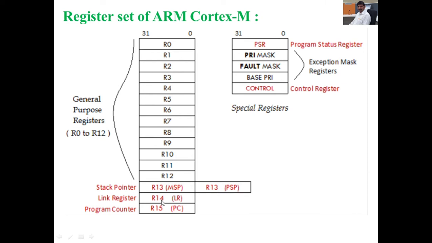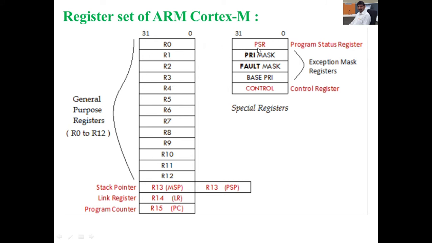Next, the link register is used to store the return address of function calls and subroutines. Next, the program counter is used to hold the next instruction to be executed. All these are 32-bit registers.